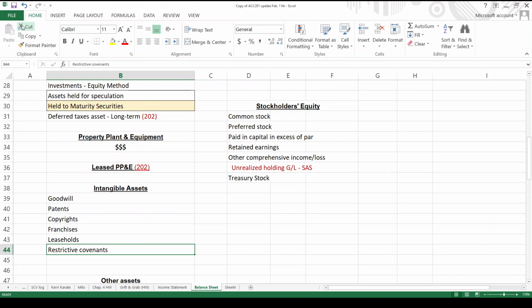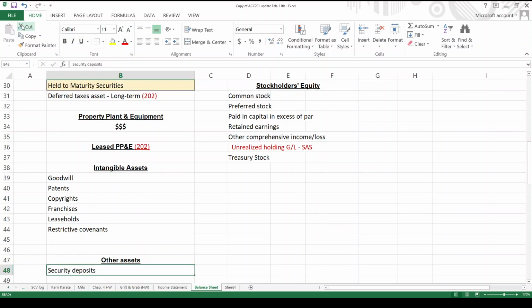So what should have happened was, in the contract for the sale, there should have been a restrictive covenant which says that the seller cannot compete with the buyer within some geographic region over some period of time. Otherwise you could buy a business, right? And then whoever sold to you could go right across the street and open up another business, which would be terrible. Anyway, to the extent that that's quantified in the sale, you have a restrictive covenant, which is an intangible